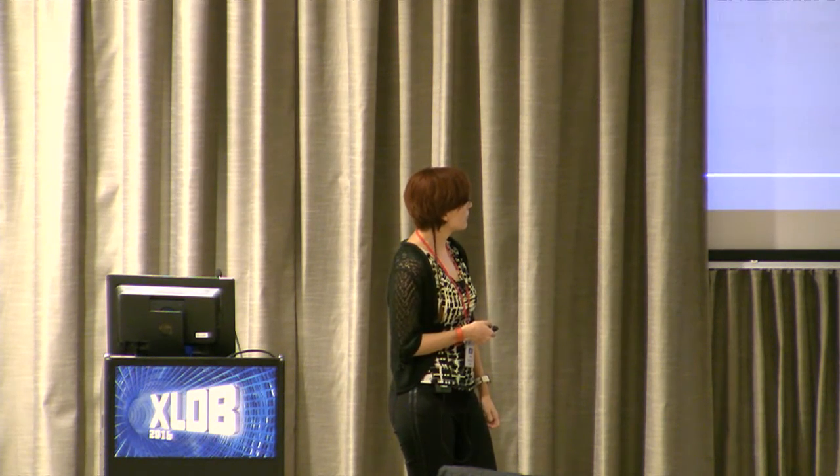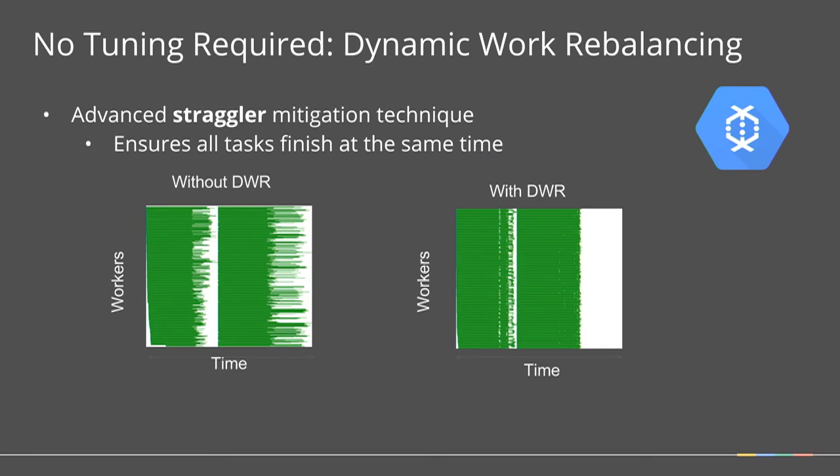And this is with the dynamic work rebalancing. What we do here, and you can see this white area, is find out that there are idle workers. Hey, someone finished. And then we make other workers split up their work on demand. So it's not work stealing. It's slightly different. We rebalance how the work is executed. And that shortens the duration of the first stage, and we almost get rid of all the stragglers in the second stage. So the job is finished. The x-axis is the same duration. So we are done pretty much at the line where this one was done. Okay? So it's a pretty powerful technique.